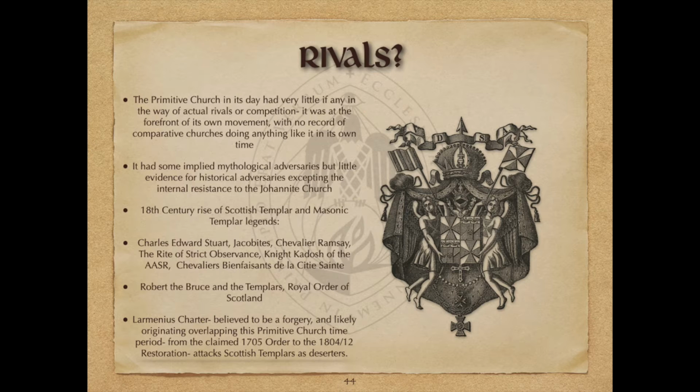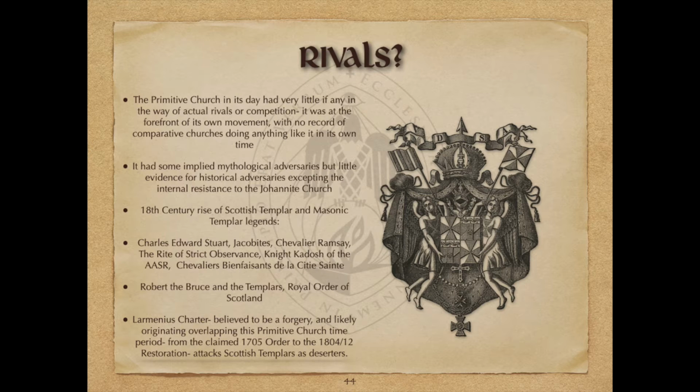So, finally, as mentioned, to kind of wrap this up in terms of mythological or actual adversaries, the Larminius Charter, believed to be a forgery and likely originated in this overlapping primitive church time, sometime between the claimed 1705 order to the 1804/1812 restoration, attacks the Scottish Templars as deserters. So we're dealing with a little bit of a chicken and egg thing here,